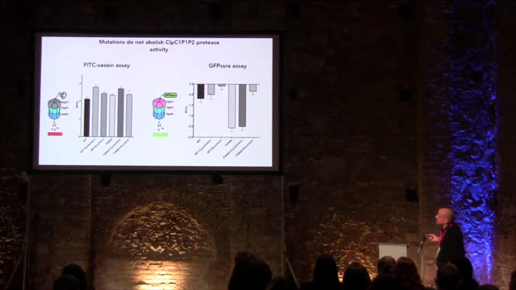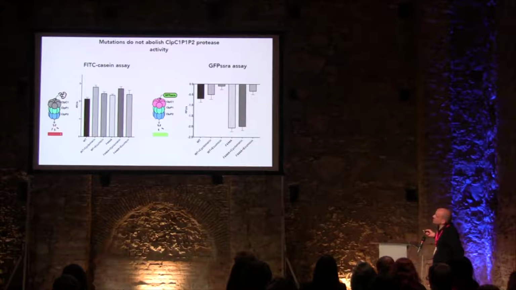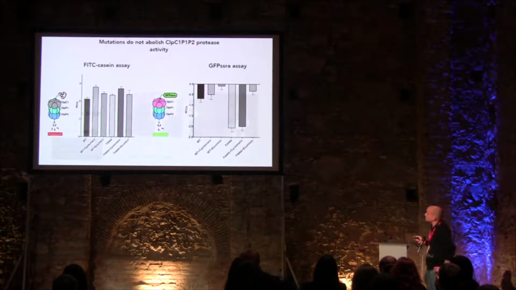Another type of assay uses GFP, that you all know, I guess. GFP is an intrinsically fluorescent protein, very, very stable in contrast to casein. And basically the idea here is that as GFP is recognized by ClpC1, it is unfolded and translocated inside of ClpP, is separated into pieces, and of course you have a net decrease in fluorescence. And you still see the response to the antibiotics. That's our goal, to understand how the antibiotics work, so that was extremely good.